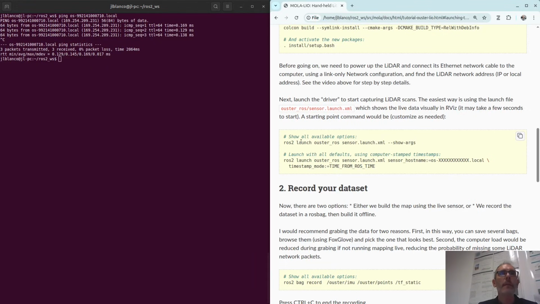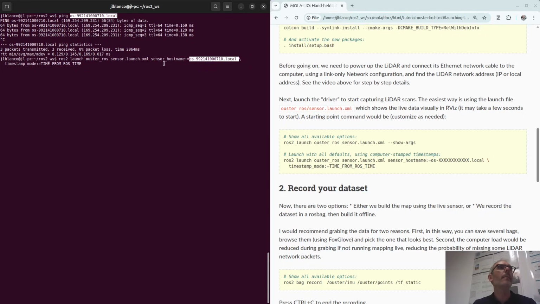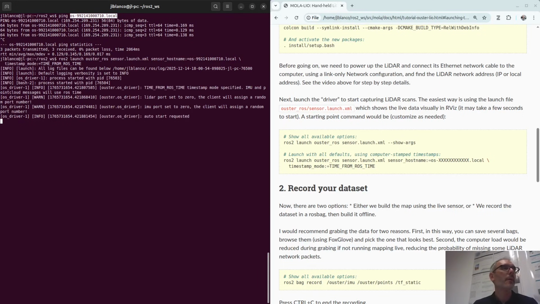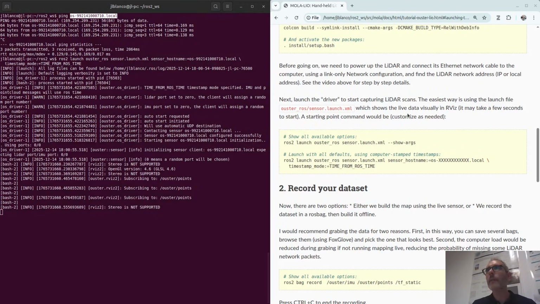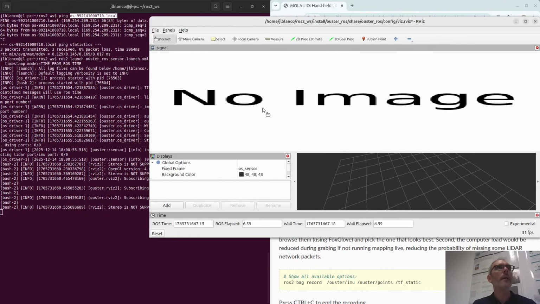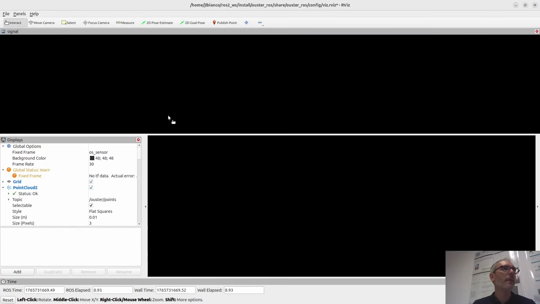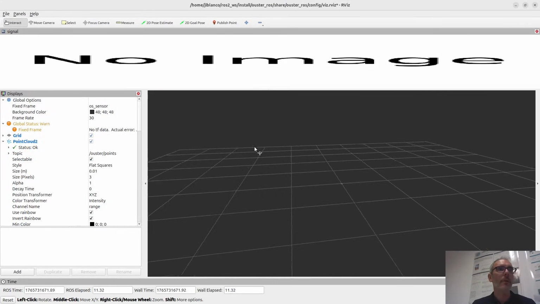And now finally, let's launch the ROS node. So we have the data. Copy and paste this command, and of course remember to replace here your sensor name, okay? And that should be all. So this is the driver starting. It is starting to send commands to the LiDAR, and it also opens up an AirVis window here.